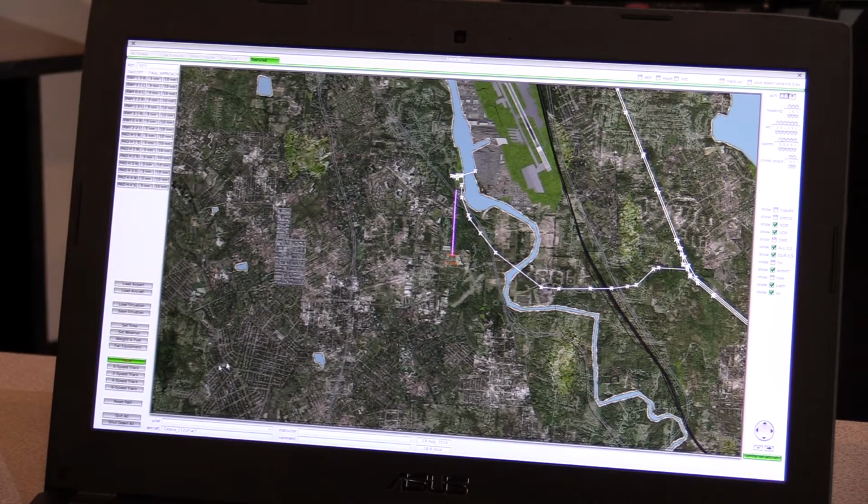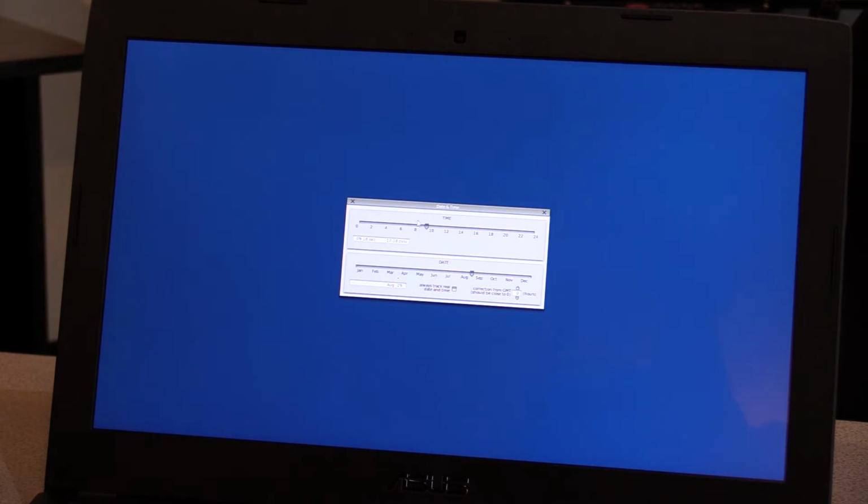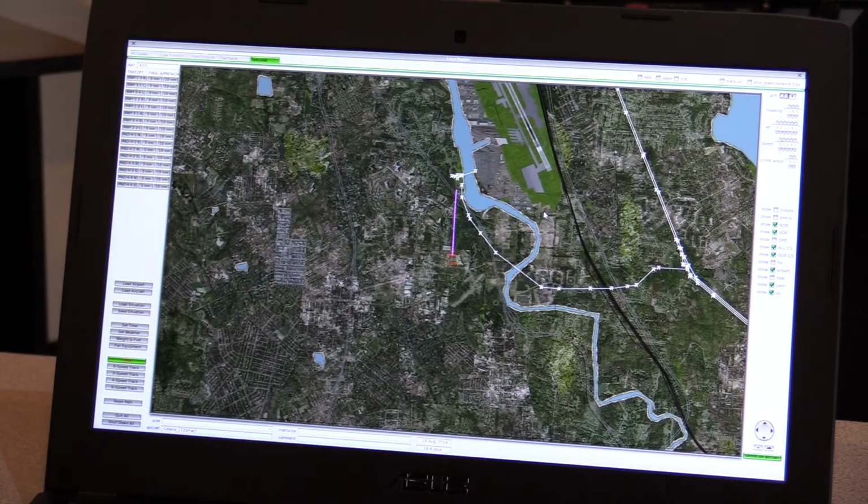Now there's a lot of other interesting things, and this is where you just kind of play around. But over here on the right side, because my mouse pointer is small, you may not be able to see it, you can click on Set Time, and you can actually set the time of day that you want. Drag the sliders here wherever you want them and close it, and it'll change the time of day over on the student computer. You can click here and this button here, Set Weather,